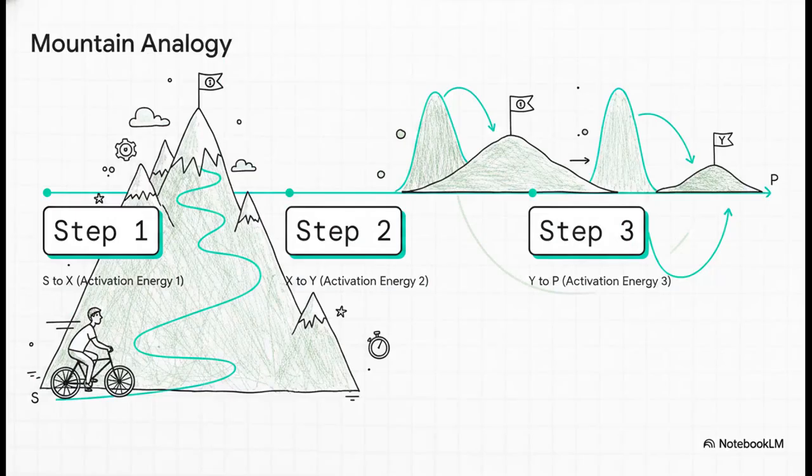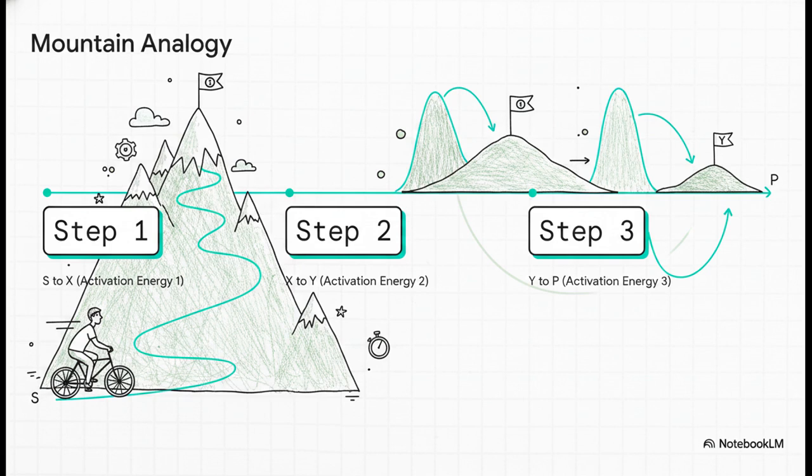When it comes to complex reactions, I want you to think of a multi-step mechanism, like riding a bicycle up a mountain that has a few different checkpoints. Say you're doing a 10-kilometer climb. The first 5 kilometers to checkpoint X might be an absolutely brutal incline, right? That's step 1, complete with its own massive activation energy. But then, from X to Y might be a nice, flat plateau with a way lower activation energy. The point is, each leg of the journey has its own unique hill to climb, its own rate constant, and